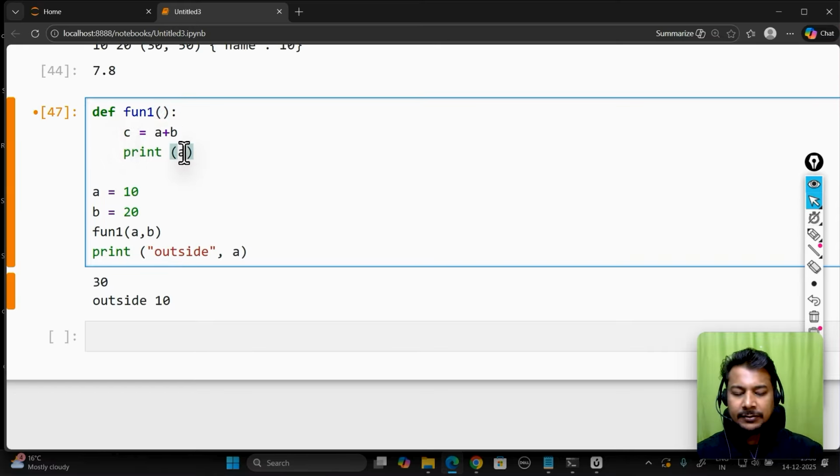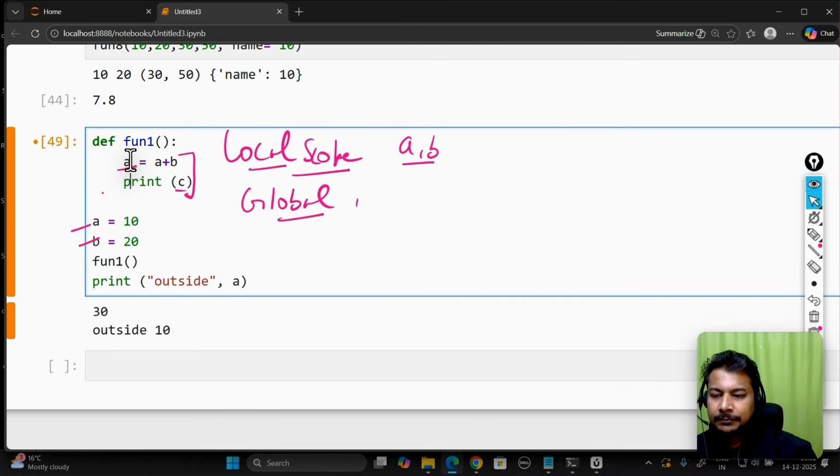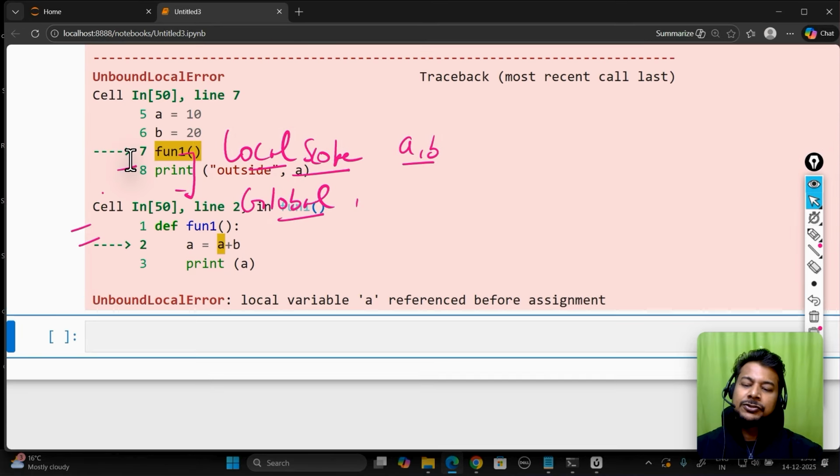Do we have A and B? Yes, we have A and B in the global scope. Use them to calculate this C. Okay, calculate the C. But consider if you go just one step further, consider if you make it A here. In this situation, we will see an error. This type of thing is not allowed